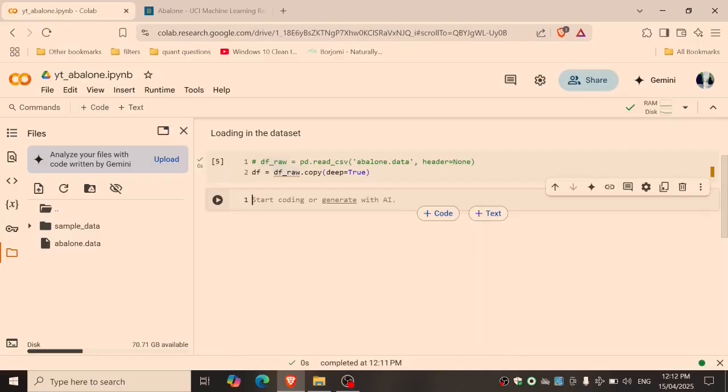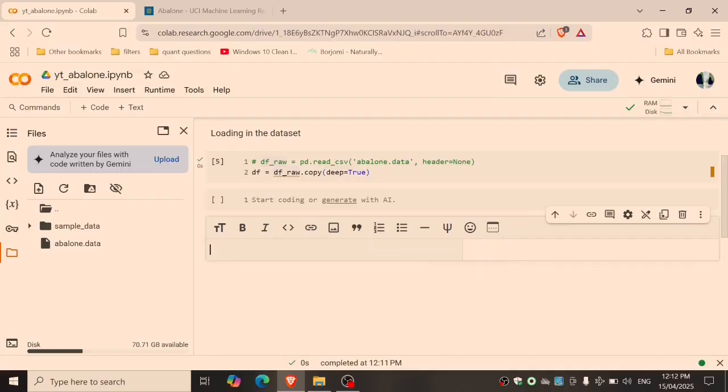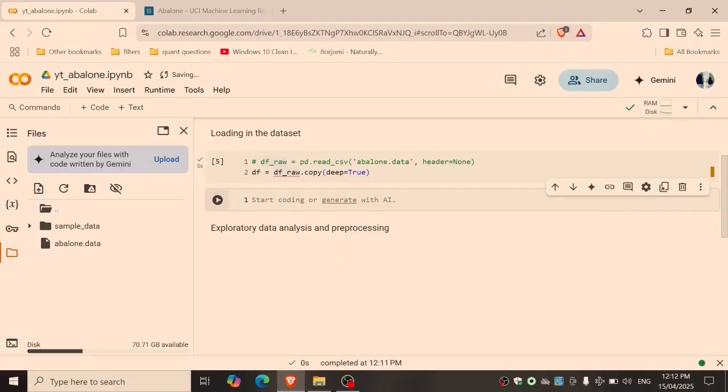So now we're going to pre-process the data. This was a short section here. The next section is exploratory data analysis and pre-processing. We're going to pre-process the data into something that we can understand, which is to create the column names, and then into something that we can put into a neural network, which is ultimately what we want to do with PyTorch. If we move this downwards,